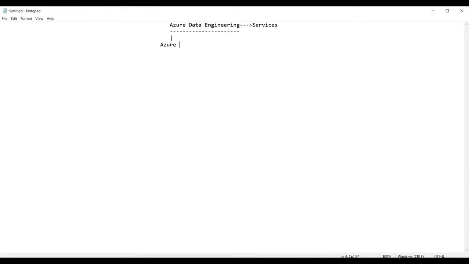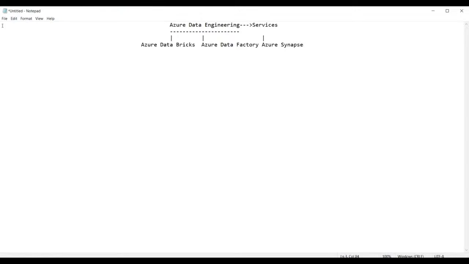We have the first one here as Azure Databricks. And then we have the next one after this, Azure Data Factory. And apart from this, we have the next service called Azure Synapse.